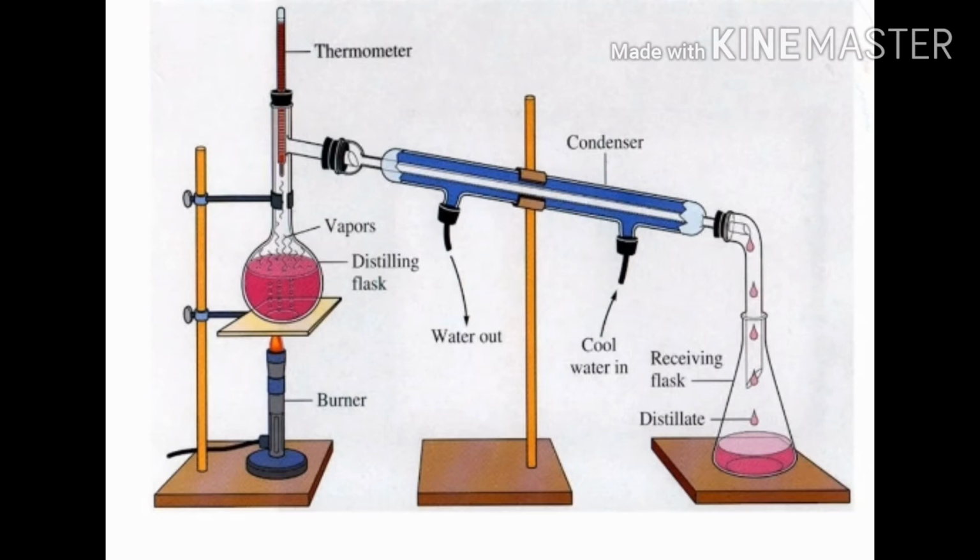The brackish water, which means seawater, to be distilled is taken into the distillation flask and heated to boiling with the help of a burner. The pure water vapor passes through the inner tube of the condenser. See the picture. The vapors on cooling condense into pure water, that means distilled water, and are collected in the receiver. The receiver is another flask. So the condensed or distilled water is received in the other flask. The salt is left behind in the flask as a residue. Is it clear? This is known as the simple distillation method.